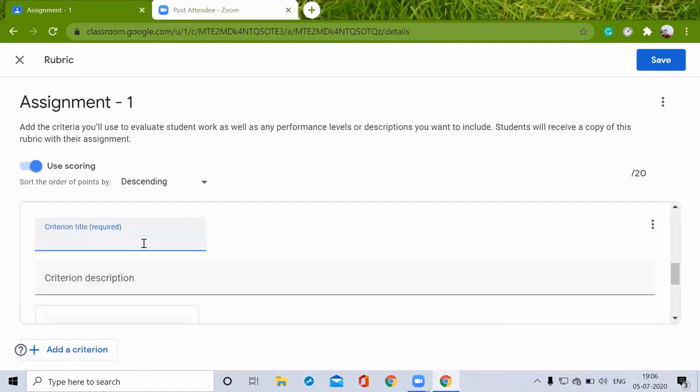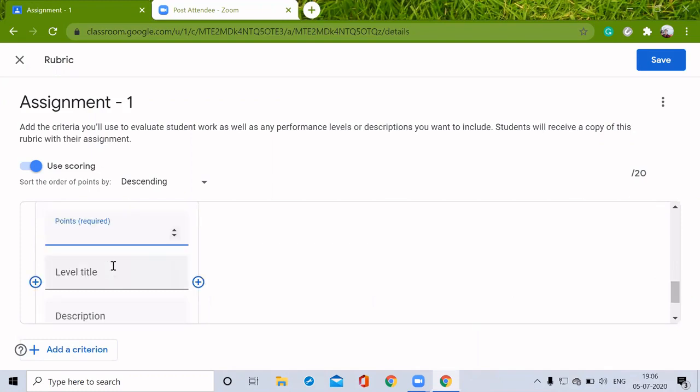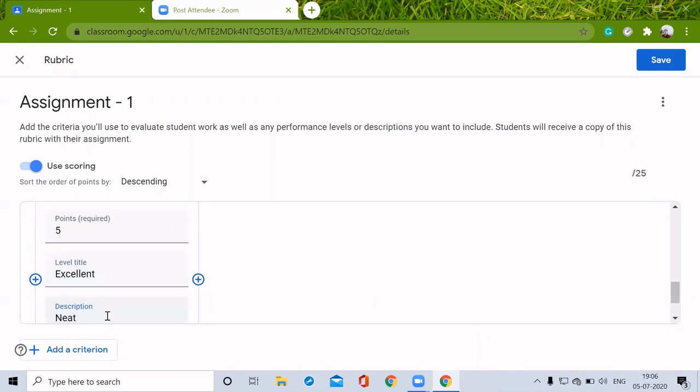Here I'm just giving the second criterion, presentation. This description is optional, so I'm just leaving it blank. And from 30 points, I'm just going to give 5 points here. In the level title, I'm giving excellent. And in the description, neat presentation. And in the second level, I'm just giving 3 marks.